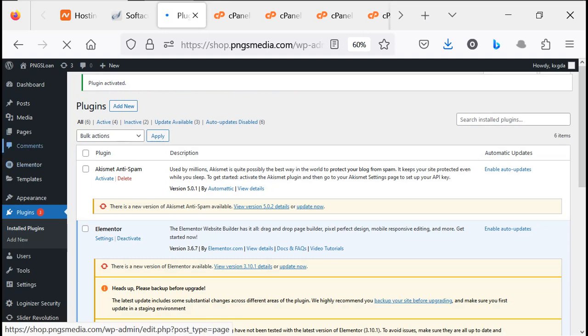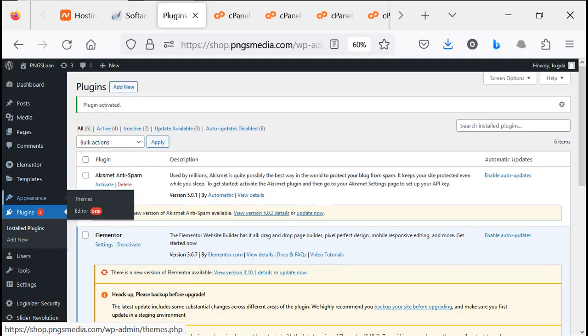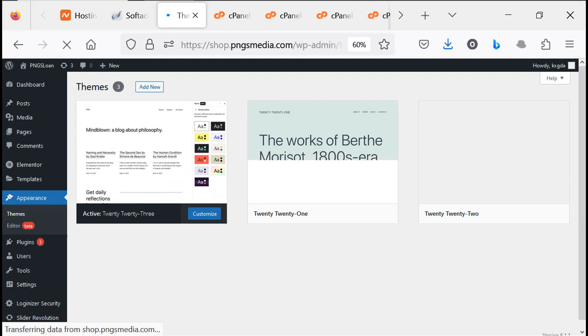So next thing we're going to do right here is we'll move straight to appearance. Okay, size thing loading up. Move straight to appearance, move to theme. So there's a particular theme we're going to install right now. That theme